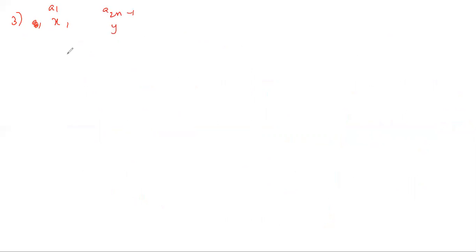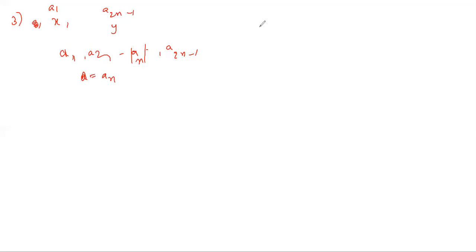So what is the middle term of 1, a1, a2 and so on, a2n minus 1? What is the middle term? Middle term is nothing but the nth term. Nth term is nothing but AP, so AP value a, nth term. Similarly, b is the geometric mean, the nth term of GP is b. Nth term of HP is c.